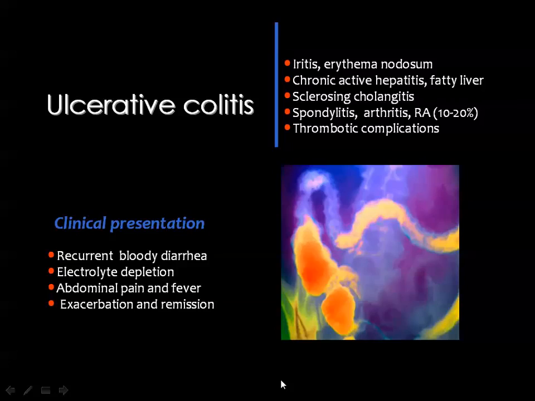Then patients with ulcerative colitis may present with similar symptoms to the previously mentioned diseases like recurrent bloody diarrhea, electrolyte imbalance, abdominal pain and fever. Then one of the criteria of this disease is exacerbation and remissions. This ulcerative colitis is associated with many other lesions all over the body, and I will mention some of them like iritis, erythema nodosum, chronic active hepatitis, fatty liver, sclerosing cholangitis, spondylitis, arthritis, rheumatoid arthritis, and